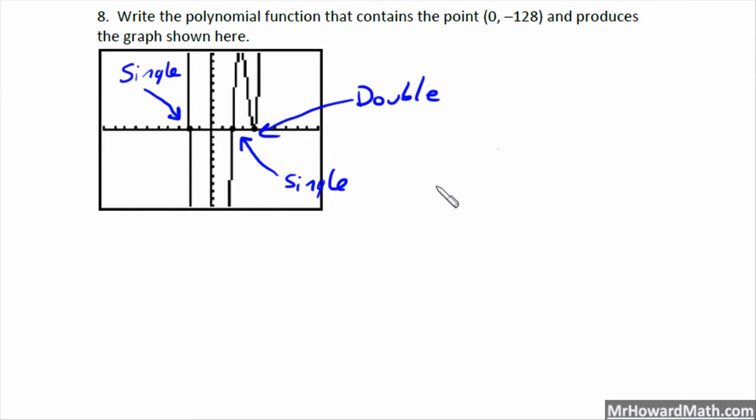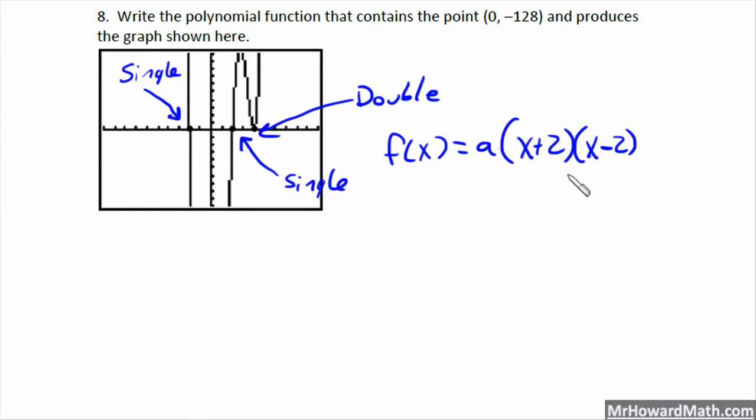So from that we get f of x is equal to the stretch factor, which we will have to solve for. Now we can start writing our factors from the x-intercepts. A single root at negative 2 gives me a factor of x plus 2 to the first power, because it slices through, that's how I know it's a single root. Single root here at positive 2 slices through, so that factor would be the opposite sign,